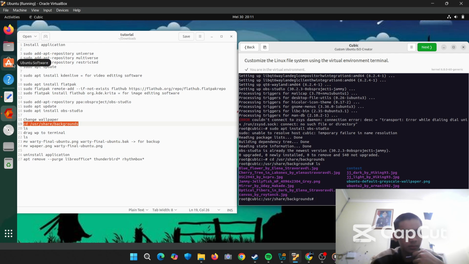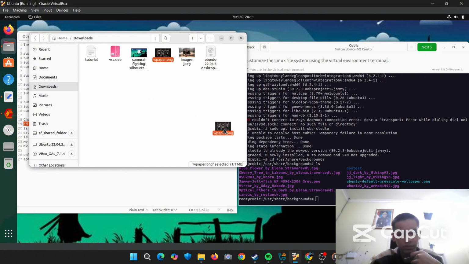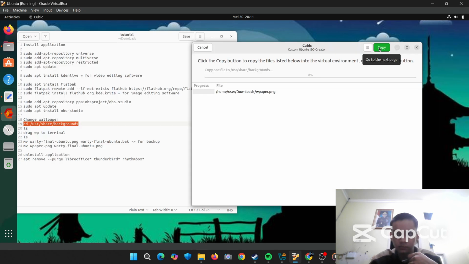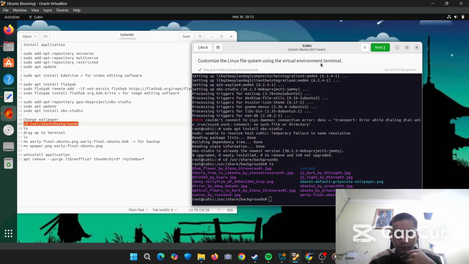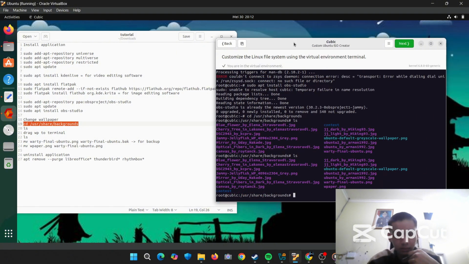Then we drag the wallpaper file that we want to use into the terminal and click copy. After that, we run ls again to check that our wallpaper exists. This one.